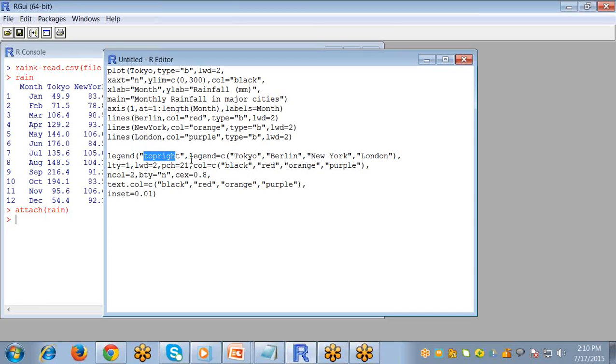Next, the first argument denotes the position of the legend, which is the top right. Next, pass the names of the cities for the legend. The other important arguments are lwd and lty, which specify the line width and type drawn in the legend box respectively. It is important to keep these the same as the corresponding values in the plot and lines commands. We also set pch equals to 21